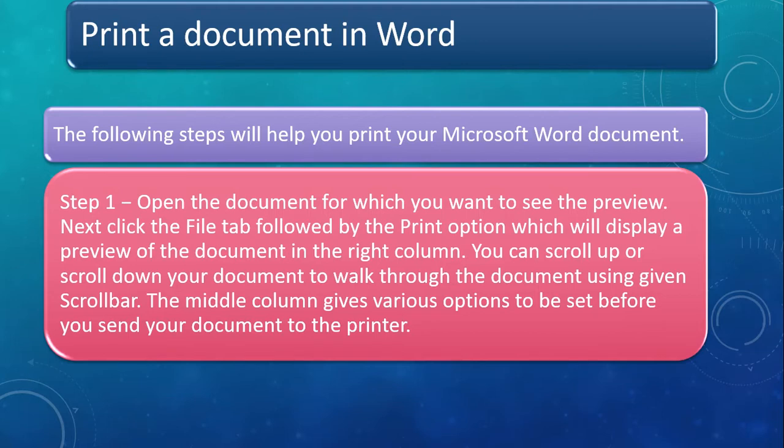Next, click the File tab followed by the Print option, which will display a preview of the document in the right column. You can scroll up or down your document to walk through the document using the given scroll bar. The middle column gives various options to be set before you send your document to the printer.